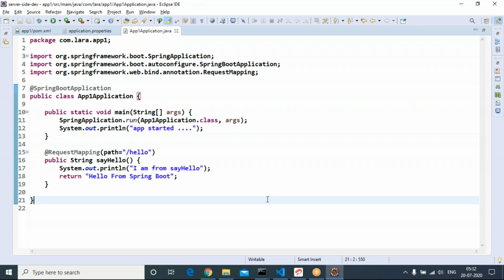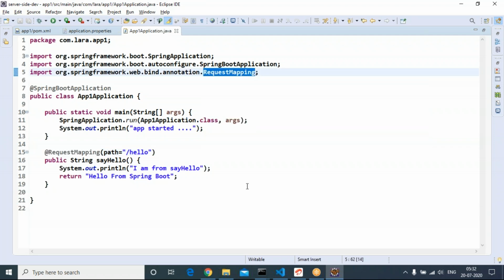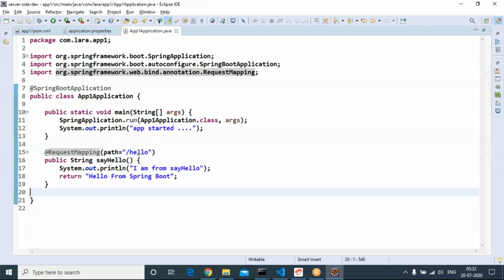Hello from Spring Boot. Remember, for RequestMapping you have to import it. Try to import it through Control spacebar. You may be aware of this step. Path is equal to /any identifier. I am choosing the identifier as hello. You can choose any name.